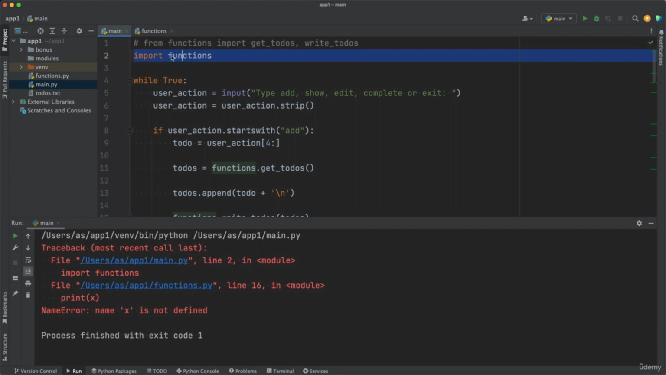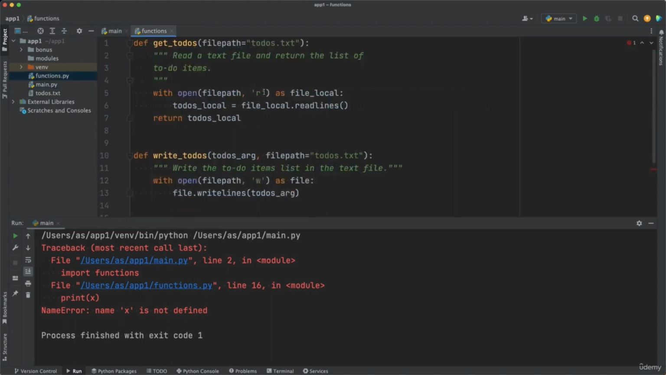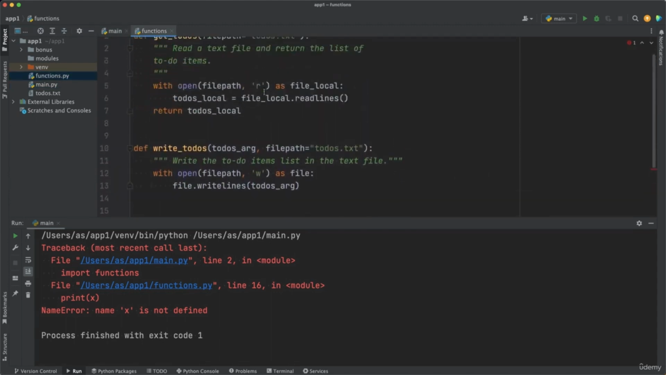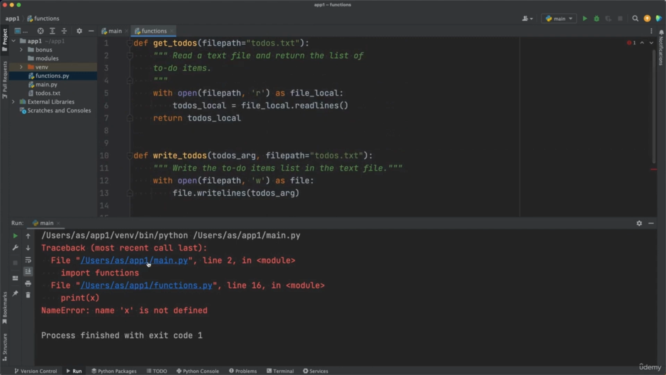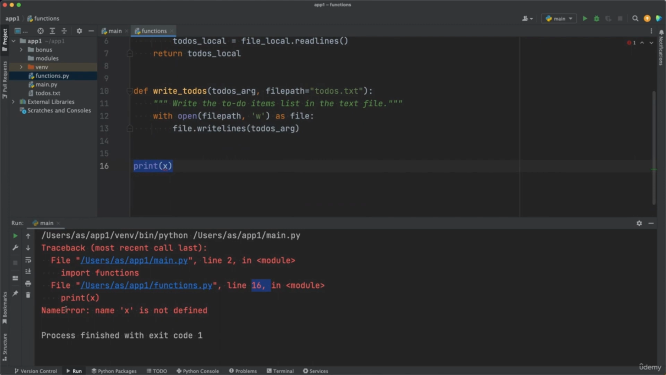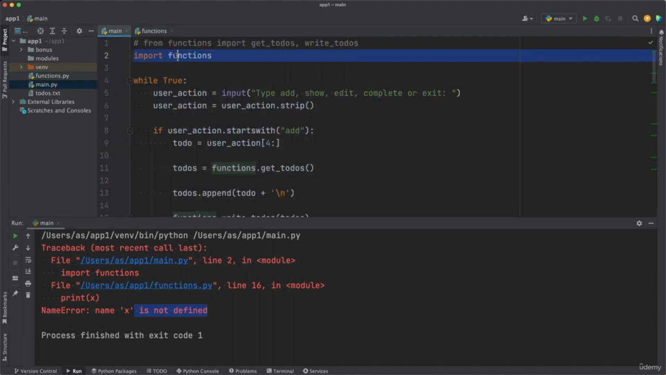So this line actually tries to execute functions.py. So it tries to execute that, and then if we trace the error, it says that in line 16 in file functions.py, line 16 is this one, we have a name error. X is not defined. So why did I introduce this error? Well, that was another way to demonstrate that when an import operation happens, it executes functions.py or whatever file you are importing. This is important to know because